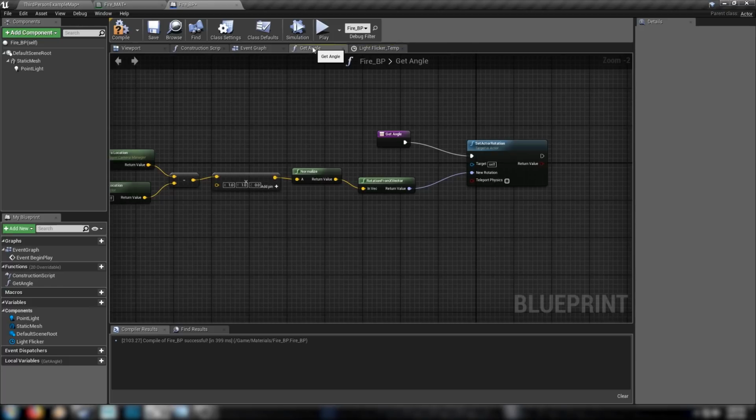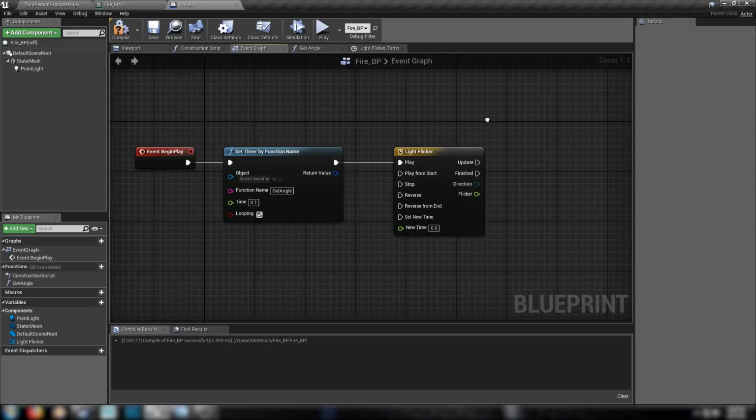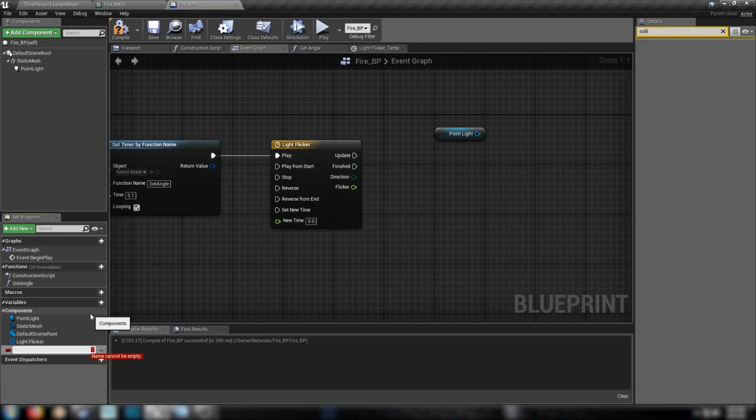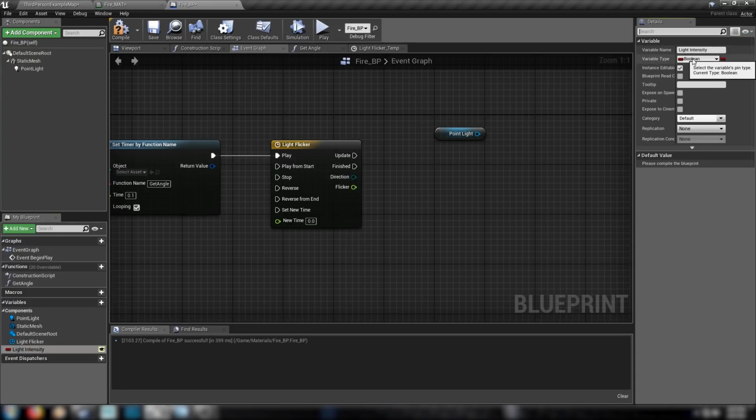We don't need to hit save or anything. We'll go back to our event graph. It gets us our light flicker. See this float has appeared. This is the float track of our timeline, and we're going to use this to set the intensity of our point light, which means we will need a variable. Call it light intensity, and we can make that public. And we also need to make it a float,